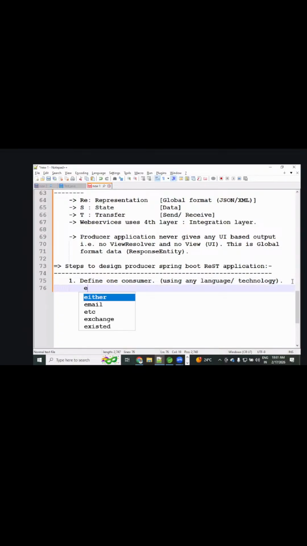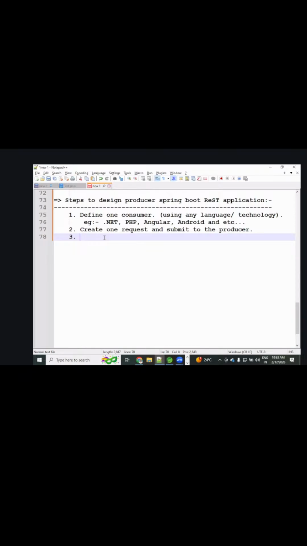Example: you can use .NET. Maybe you can use PHP, or Angular, or maybe Android, and so on. Anything you can take, any language, any technology. Next, one front controller.